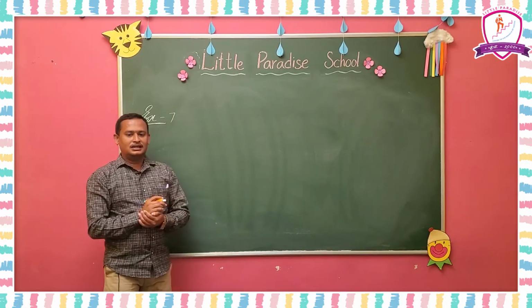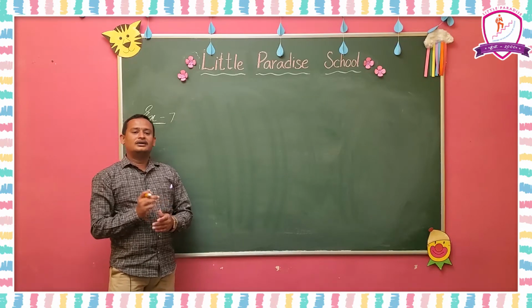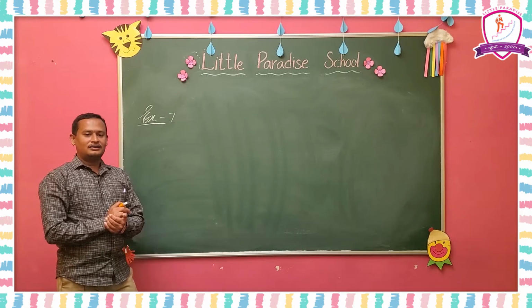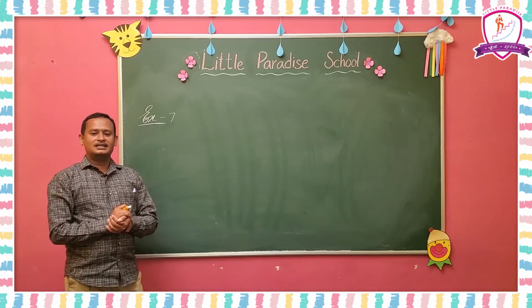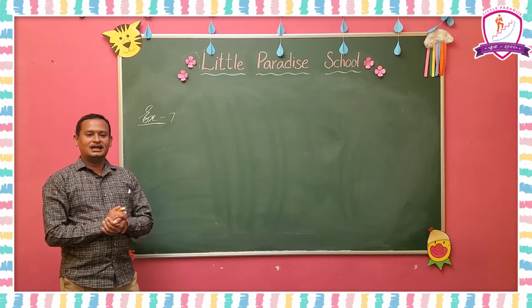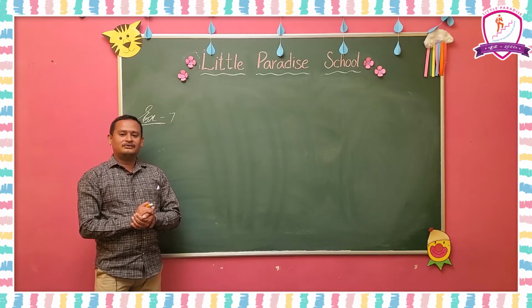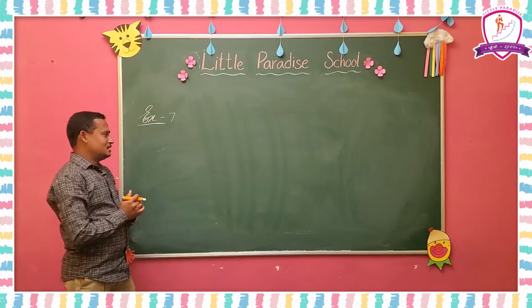I am going to explain another example here. All of you see, we are going to write the number for the number name. Here the number name is given. You have to read the number name first. Here, what is the number given? 756,342,000. So for this number, first you have to write the places.